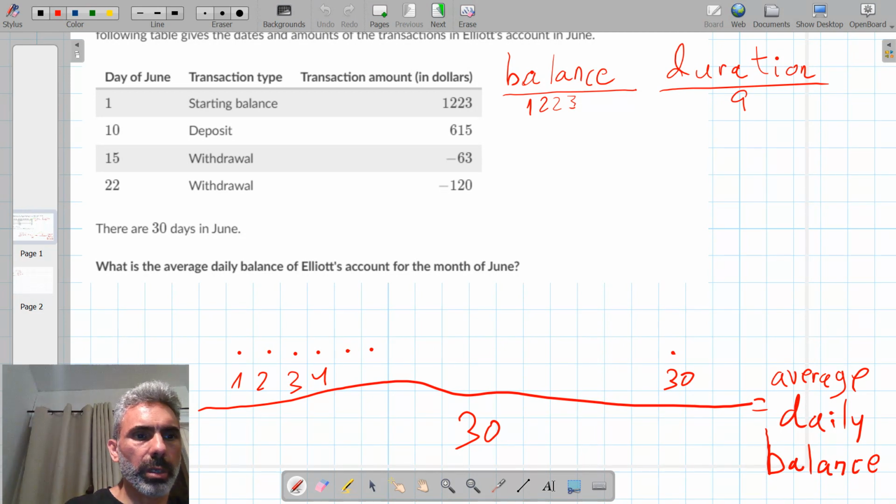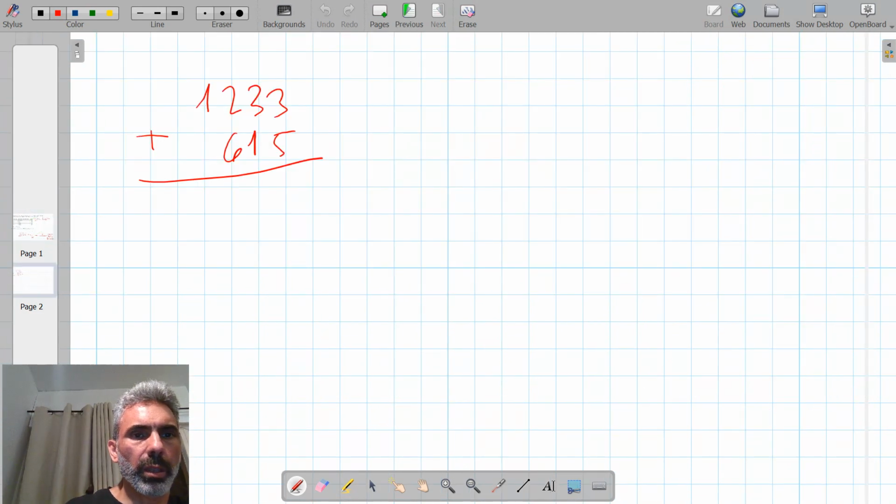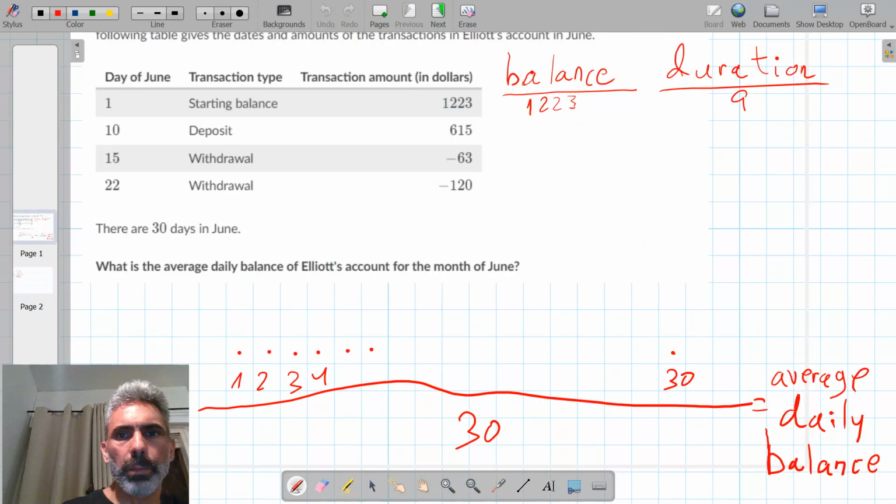This was a deposit on June 10th. 3 plus 5 is 8. 3 plus 1 is 4. Not 4, 2 plus 1 is 3. 2 plus 6 is 8 and 1. So the balance has changed to